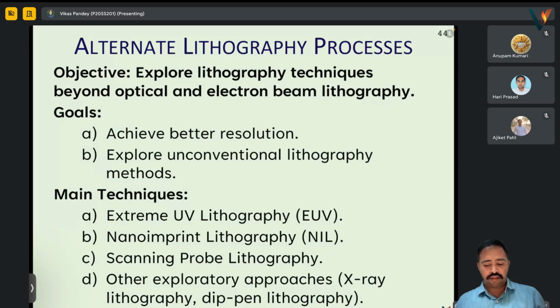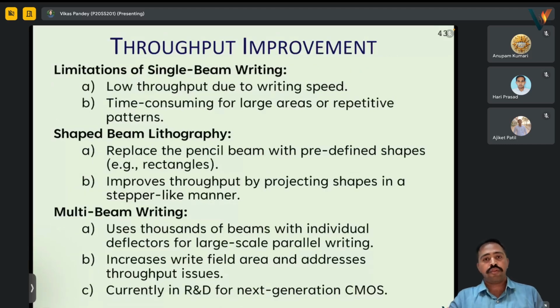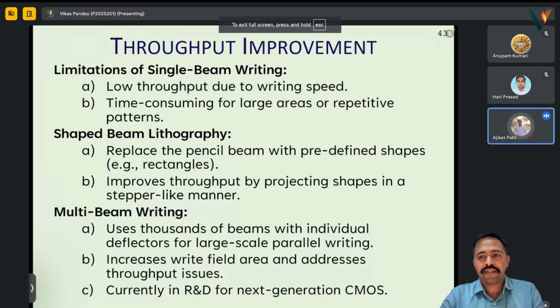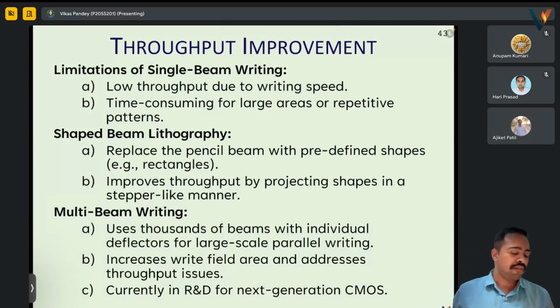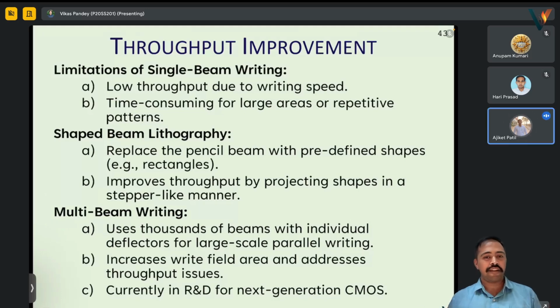Do you have time? Can we continue for some more time? 5-10 minutes? Yes, sometime it is okay. Yes, because this is the last topic. We cover it. Anyway, we are delayed by the starting, right? So,